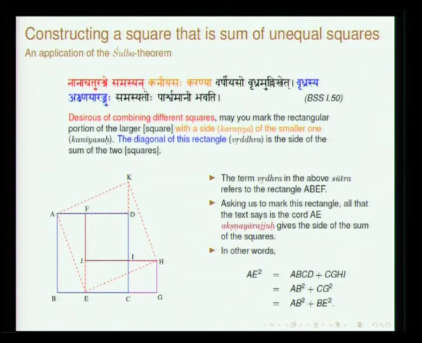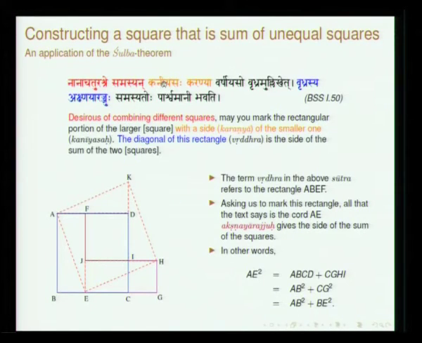This is where I stopped yesterday. Nana Chaturashre Samasyan Kaniyasah Karanya Varishiyaso Vridha Mullikhet Vridhrasya Akshnaya Rajjuhu Samasyatoho Parshvamani Bhavati. Chaturashra, as I said, is square. Samasyan means desirous of putting together. Samasanam means putting together. Kaniyasaha: Kaniyan refers to the smaller one and Varshiyasaha refers to the larger one.